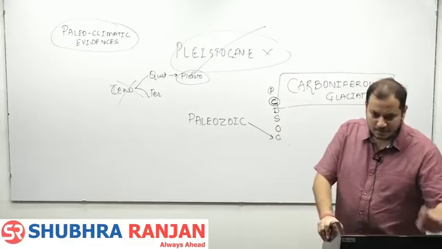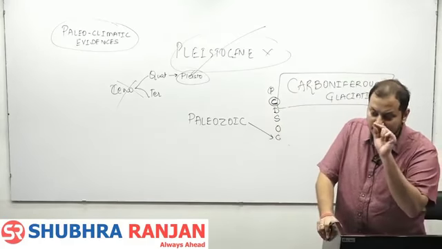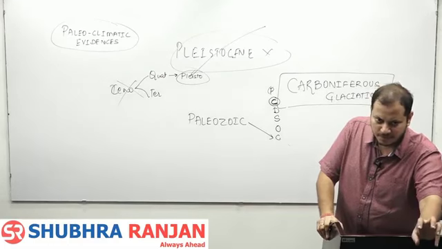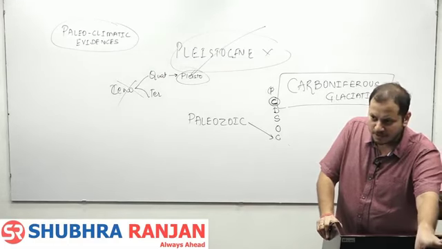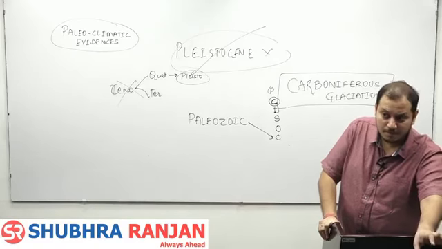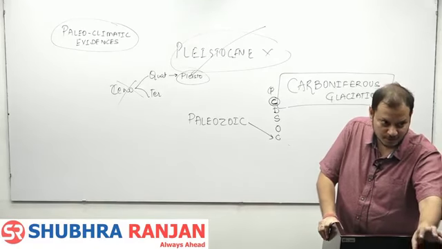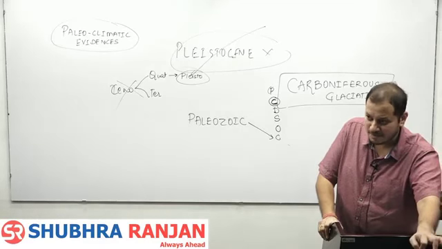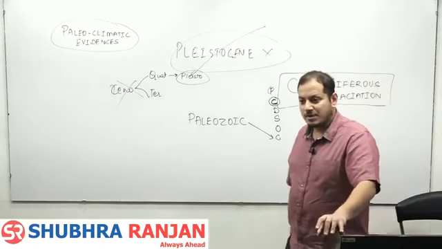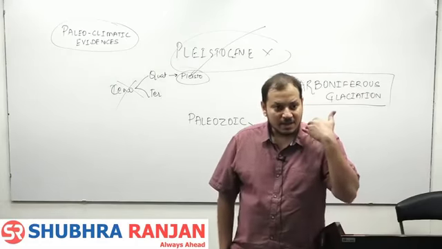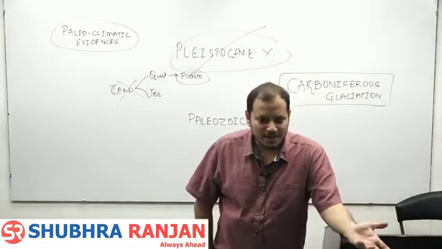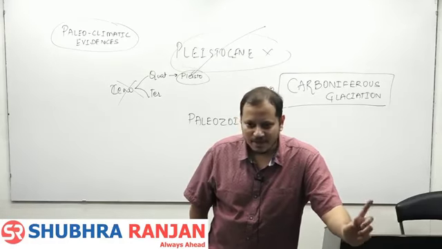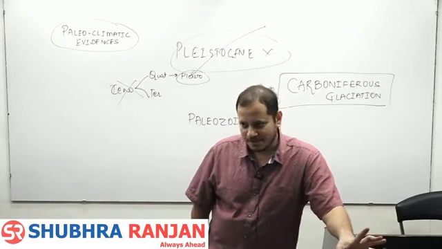Fine. This question has come indirectly only once in the exam. If you look at the year 2013, there is a question: write a short note on the paleoclimatic evidences of the continental drift. Before this, it had come directly as Carboniferous glaciation. What happened in 2012? Many people could not answer this question. They thought it was not given in the books, so what would they write? Fine, it never happens that something is not in the books. The only heading in the books is Carboniferous glaciation.